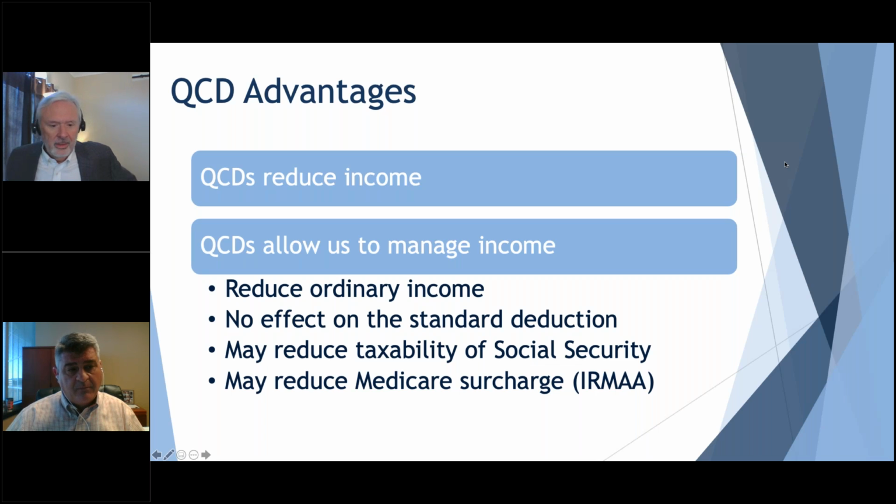Daryl, anything else that I maybe missed here or comments you'd like to add? Well, the only thing I would say, Matt, it's a little bit counterintuitive. This strategy can be a benefit whether you take a standard deduction or you itemize. And I think it's a little more obvious if you take a standard deduction that you're getting money out of your IRA tax-free. But interestingly, if you itemize deductions, let's say you took $1,000 out of your IRA, and then just, basically the way we always did it, you make a $1,000 contribution. You say, well, the effect on taxable income is those two wash out, and so you're not paying tax on the IRA distribution. And Matt makes a great point in that when you do the QCD, it reduces the adjusted